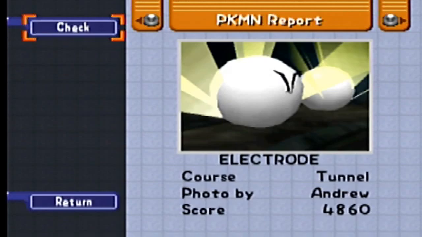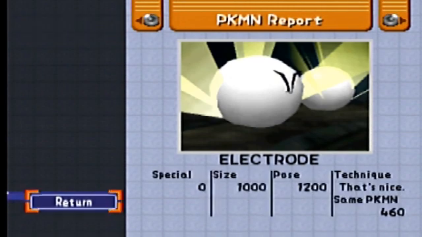But don't need to worry about that, because what we do need to worry about is the focus of this episode, which is Electrode. So you can see there the Electrode that I currently have saved on the cartridge, which has a score of 4,860, and that is broken down by a size of 1,000, a pose of 1,200, and the same Pokemon bonus of 460. So before we try and replicate that score, or beat it ideally, let's read the POSG entry for